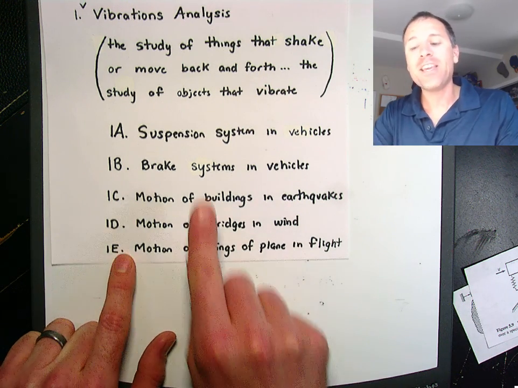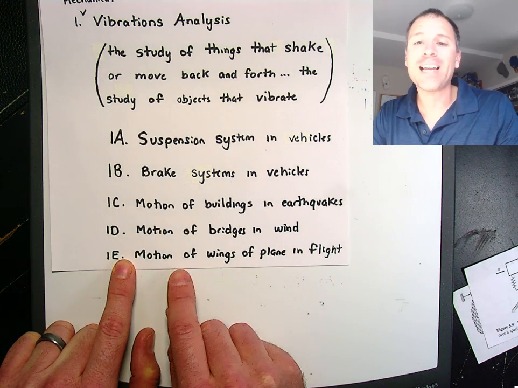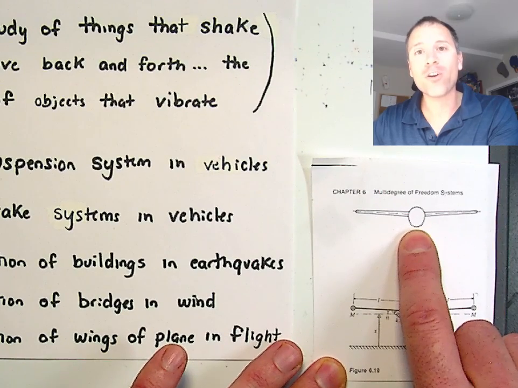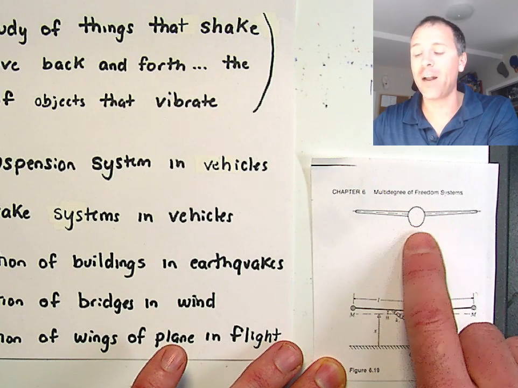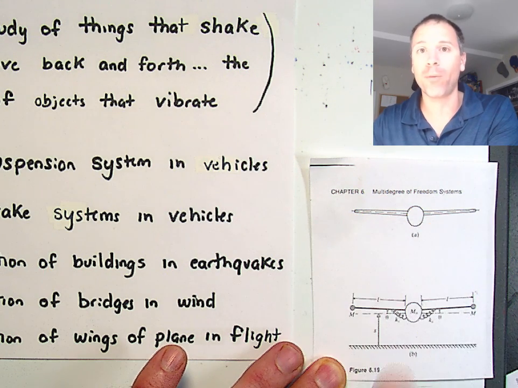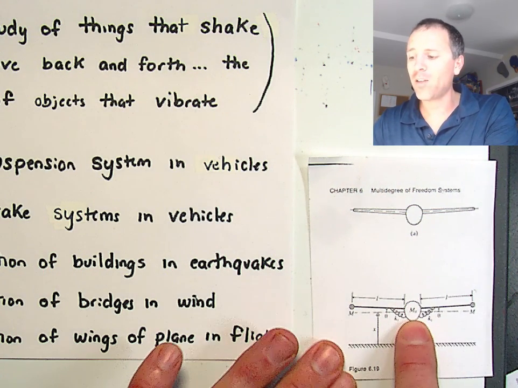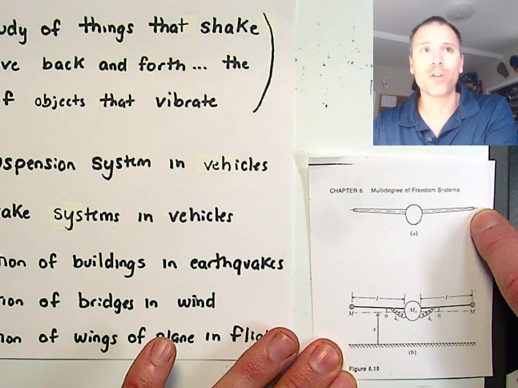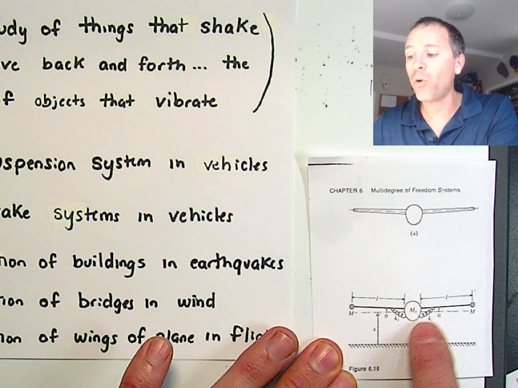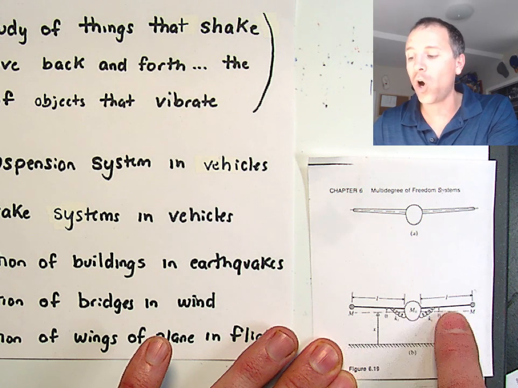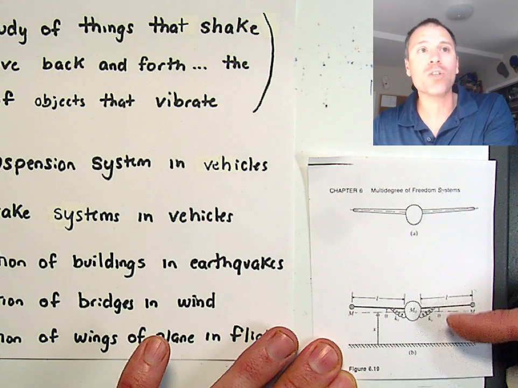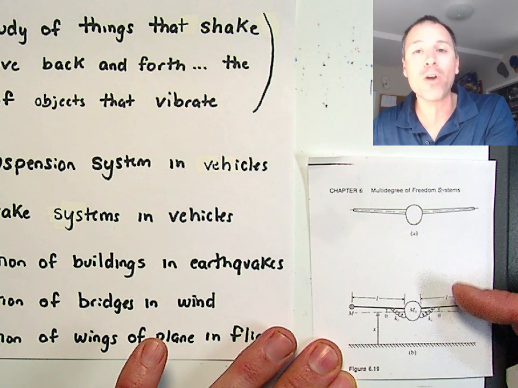Guess what? These vibration analysis problems show up in the dynamics of motion of the wings of planes in flight. In a rudimentary introductory analysis, we can think about a plane as having a mass and then two long wings attached to that. That's the fuselage and the wing from a front view. Those things could be point masses. We could model those as point masses at the end of the wing, and then the mass in the middle, and then springs connecting each of those long rods to the actual mass, so that as the thing goes up and down, you see this kind of up and down motion, this vibration of the wings.